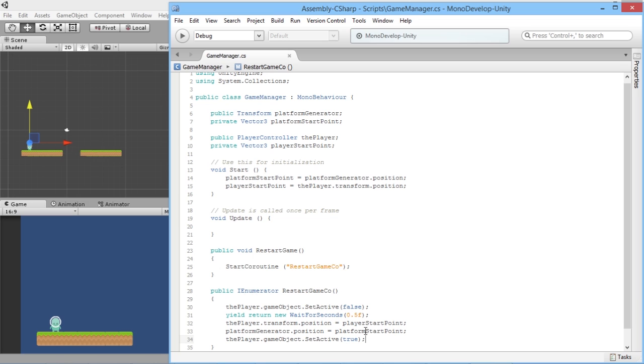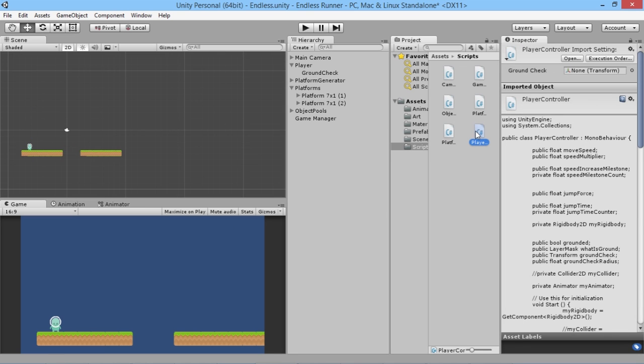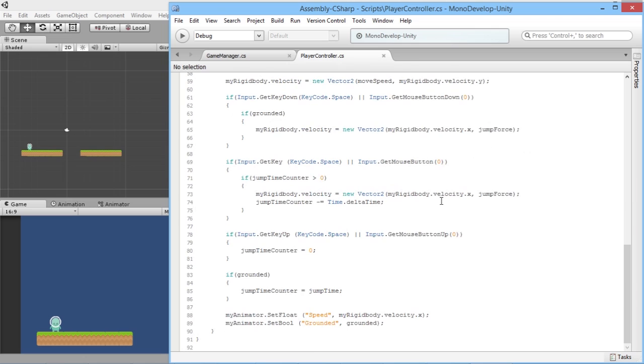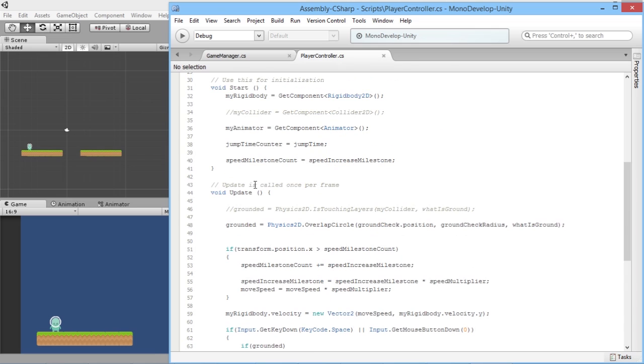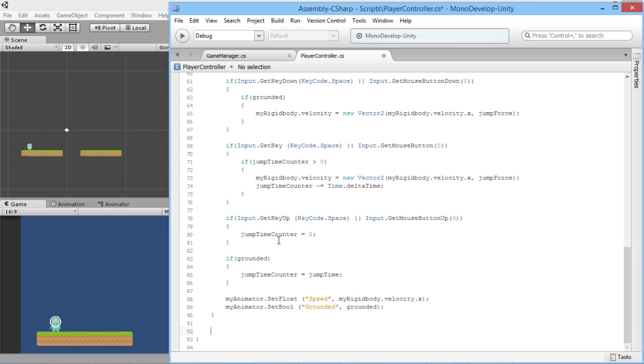So now we have a reset function going, but at the moment there's no way for our game to call that function. So we need to set something up within our player controller script to be able to restart the game. And it's going to be a very, very straightforward thing that we have to add here. So we go into our player controller, and then after the end of our update loop, so after this close curly bracket, but before the last one, we're going to make a little space here, and we're going to use a